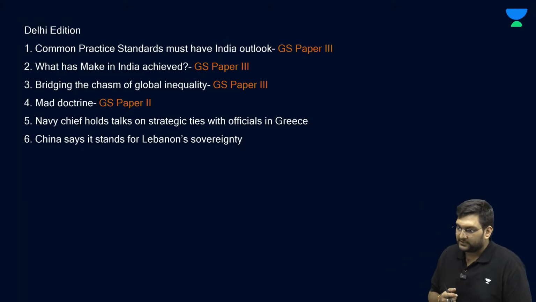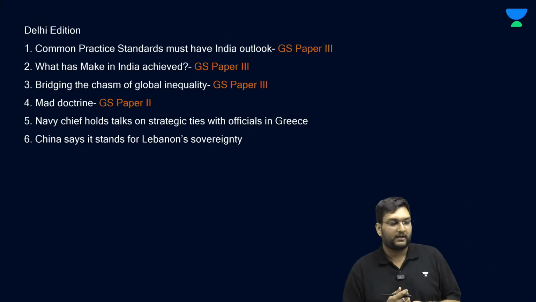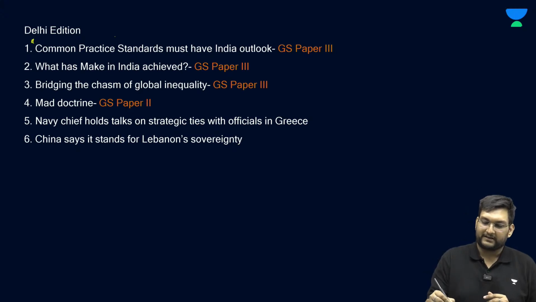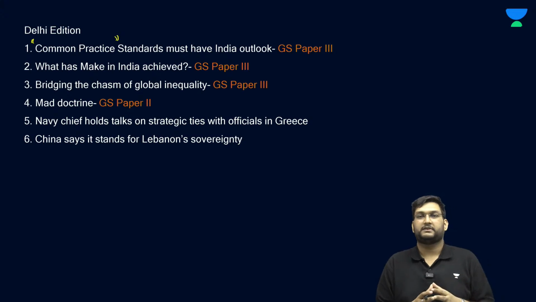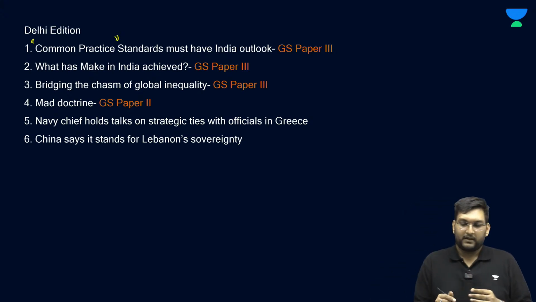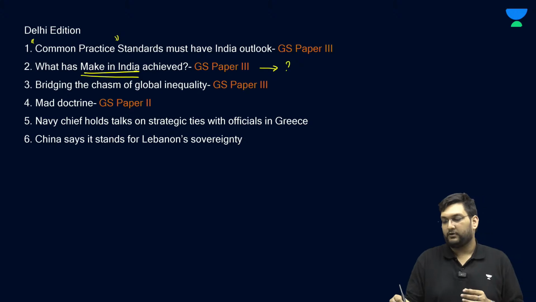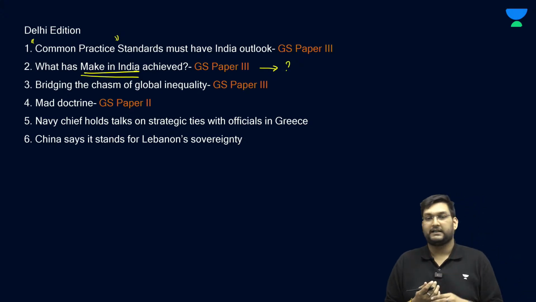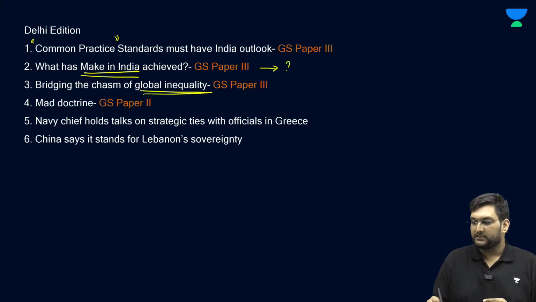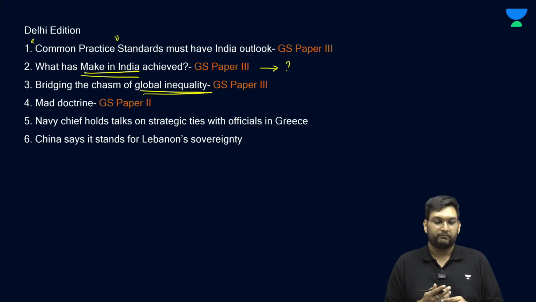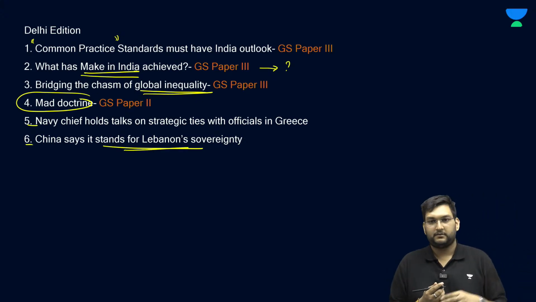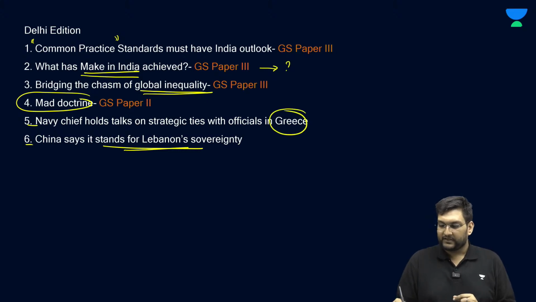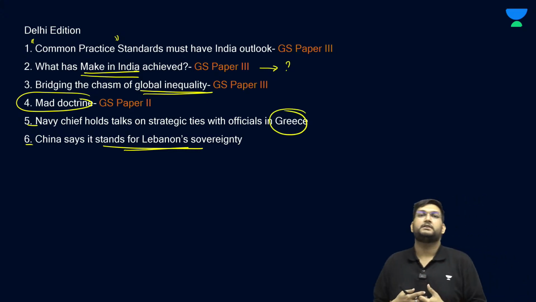With this, let's look at the topics which we are going to discuss. The first one is about the concept of common practice. Very interesting articles and generally quite important for GS paper 3, a lot of terminologies. Then a very interesting data point on what has been the achievement of Make in India. Then we'll talk about the summit which recently happened with regards to the UN, the mad doctrine of Russia, and two small topics, one dealing with Chinese stance on Lebanon, what we discussed yesterday, and Greece and India cooperation over